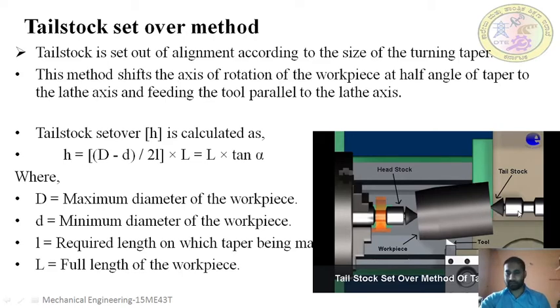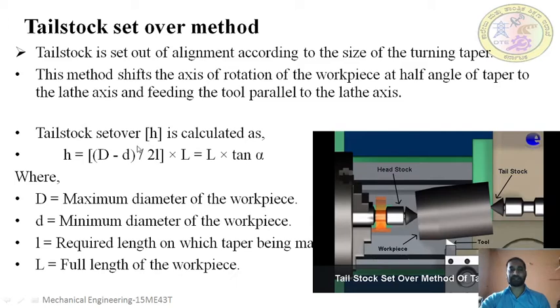workpiece. So you can see here, normally the axis of the headstock or the chuck matches with the axis of the tailstock. For taper turning, the tailstock center is offset for some distance. So now the axis of rotation of the workpiece is changed. It is angular now. Now the tool is fed straight. What will happen now? If you keep the tool straight, it will remove the workpiece in an angular direction.